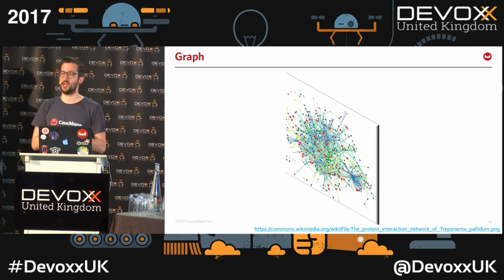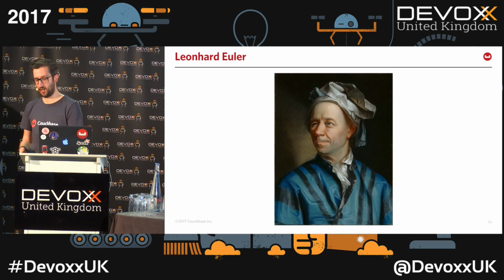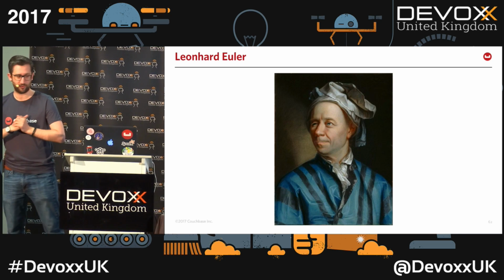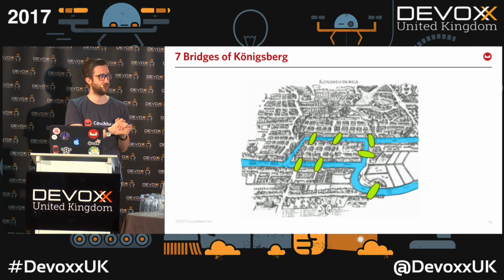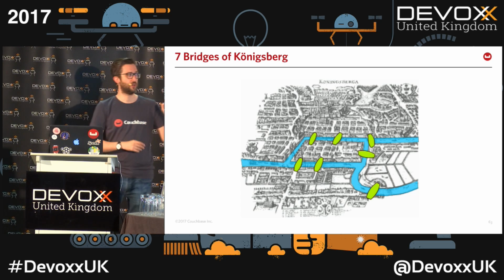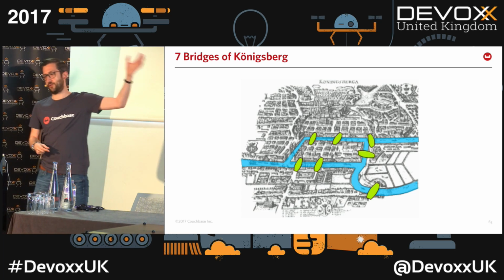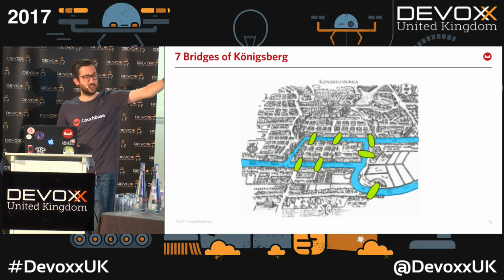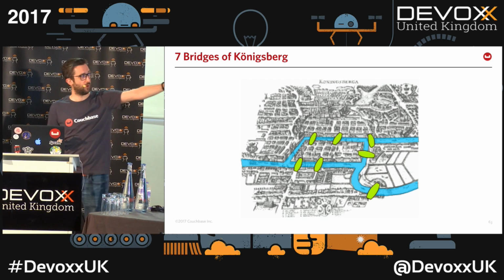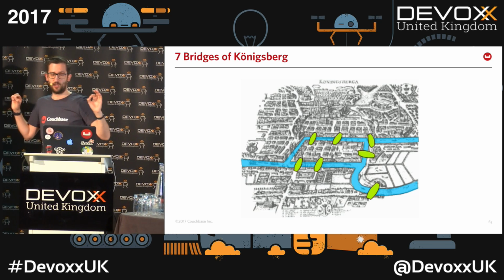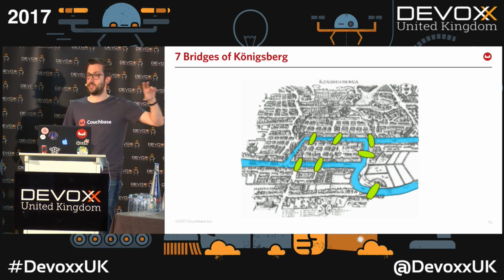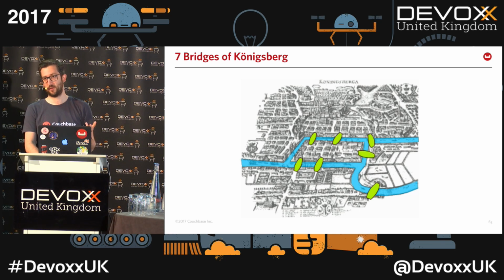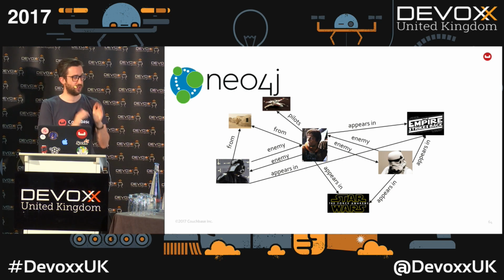Okay, the last type, I won't spend much time on, graph databases. Leonard Euler sort of came up with graph theory, and the problem that he dealt with to design graph theory was, I have these bridges in Königsberg. Can I have a path where I cross all of them, but I cross each of them only once? And in proving that was actually impossible, he invented graph theory. But if you think about these bridges as relationships between each side of the river, that's what we're dealing with in graph databases. Realistically, Neo4j is the de facto standard for graph,